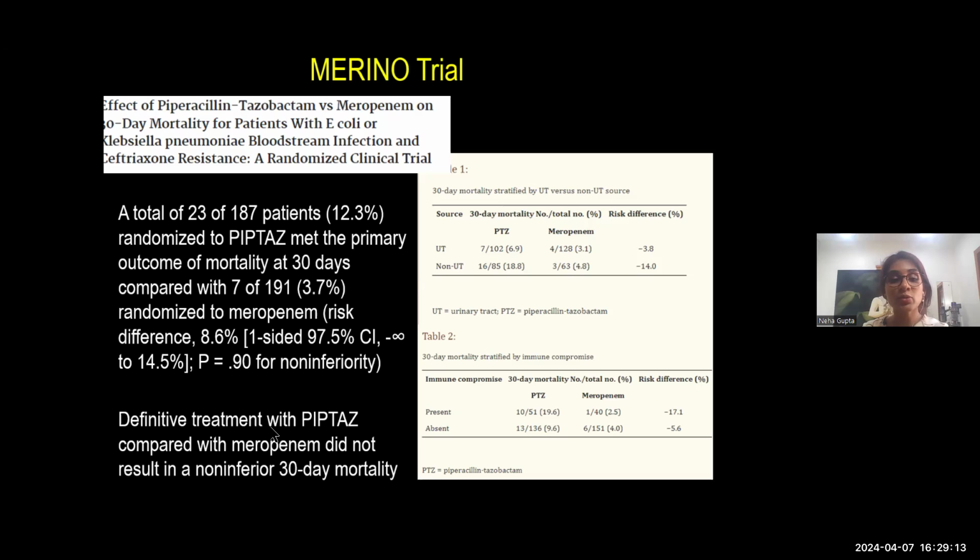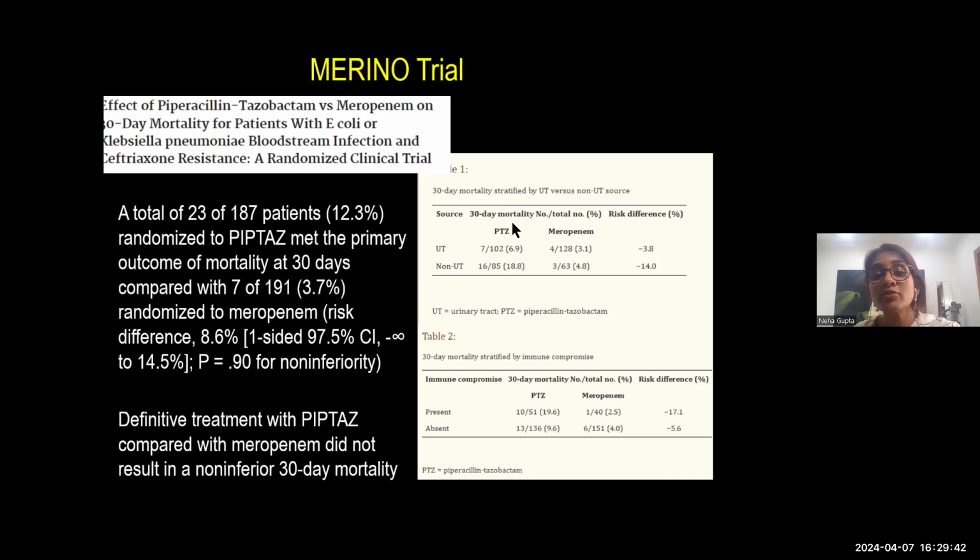And the authors concluded that piperacillin-tazobactam did not result in non-inferior 30-day mortality as compared to meropenem. As a result, in fact, this particular trial was discontinued even earlier. So here, as we see, the 30-day mortality was higher in the piperacillin-tazobactam group,